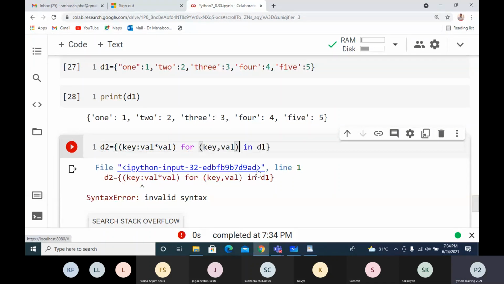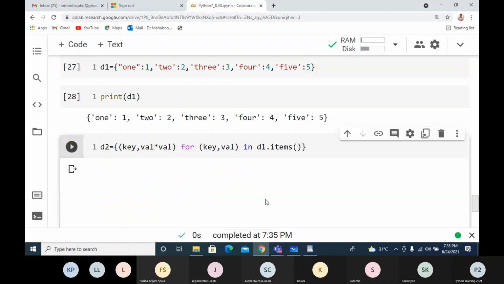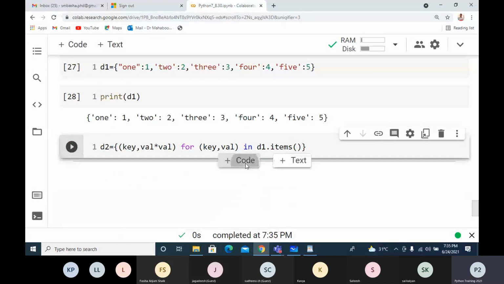Understood now, the problem is here: it takes items, so we have to take items. Now I think this is okay. Key value, invalid syntax. Yeah, this is the syntax.